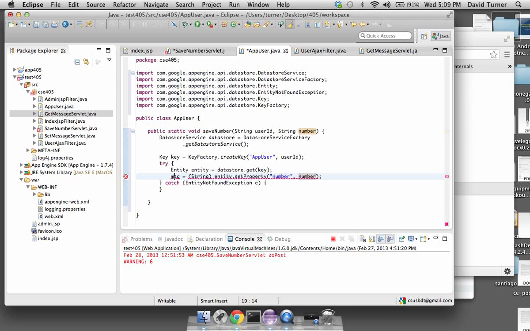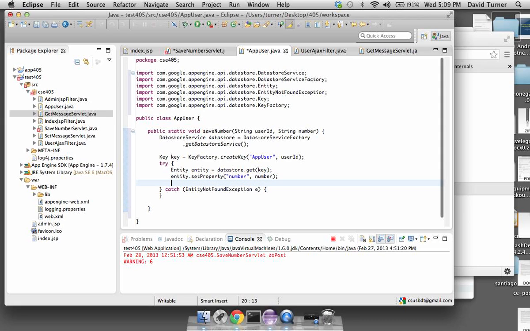Why is this going like that? This should be, is that all right now? There we go. So we create the key that we use to look up the entity. We look up the entity here. We get a reference to the entity. We hit the data store, get the information back, and then we set this property, and then we need to save,